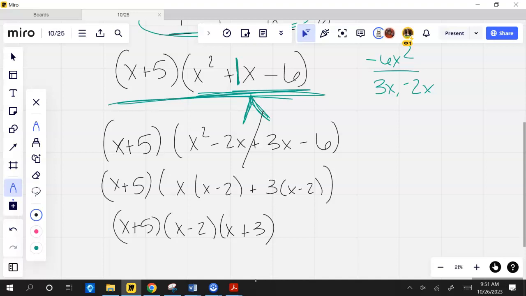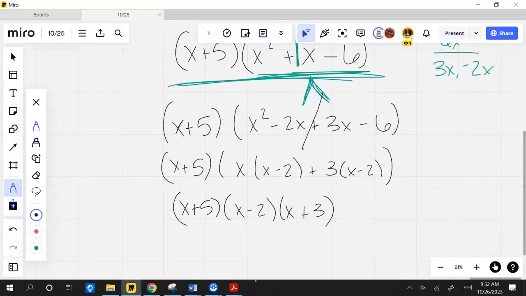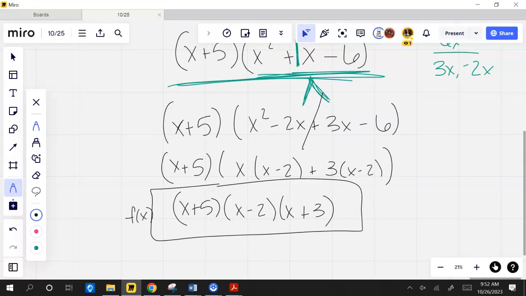Does everyone agree now that this is factored completely? How do you know? None of those parentheses can be broken down any further, right? So I'm good. I can't do anything else with it. So where it says factored form, there's my factored form. So f of x equals,